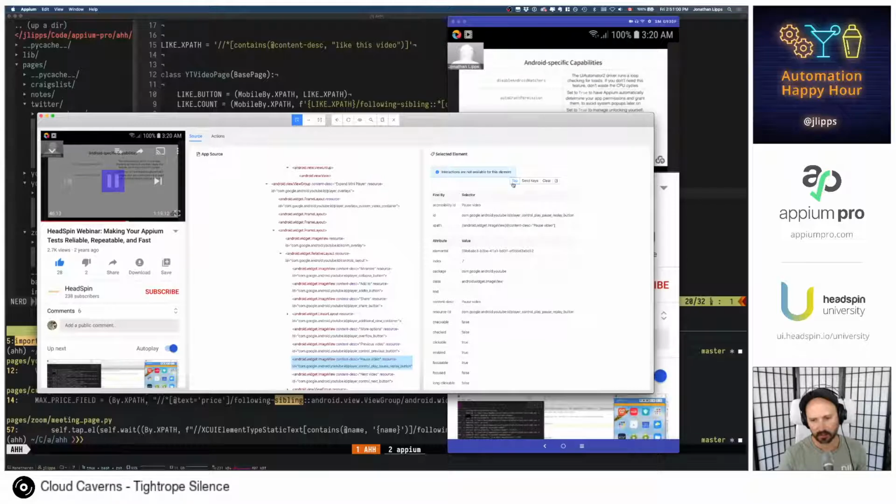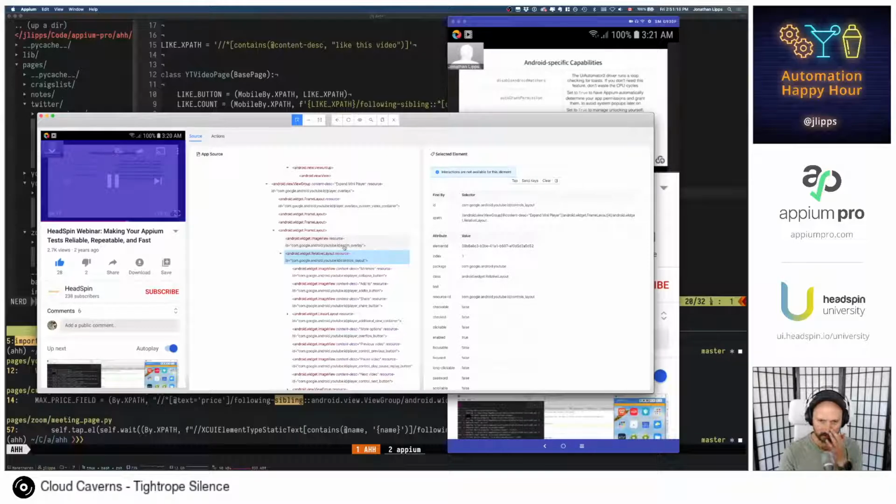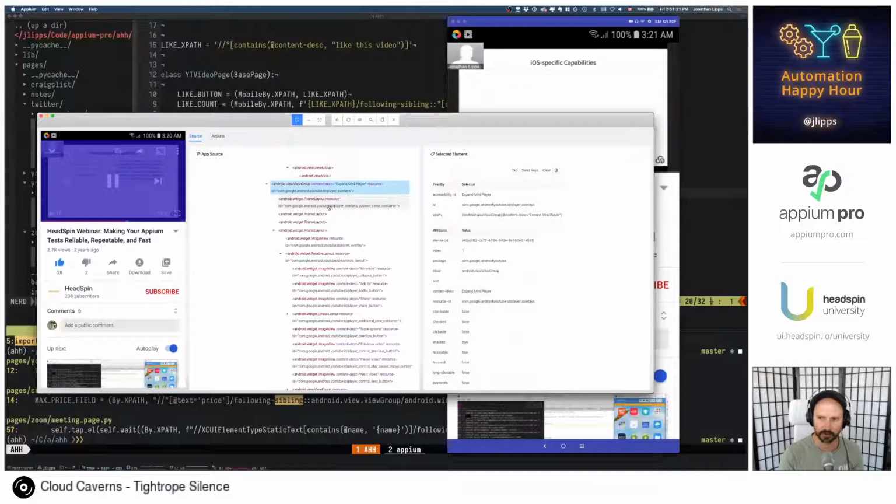But, I suppose what would we do here? Can we tap the layout itself? No, can't. What about this expand mini player button?